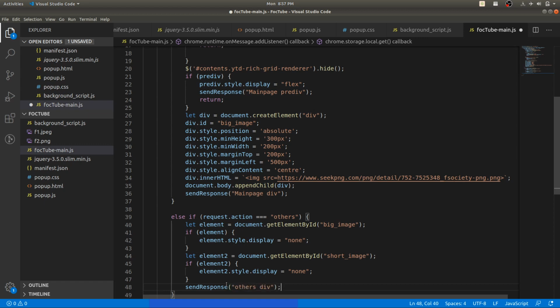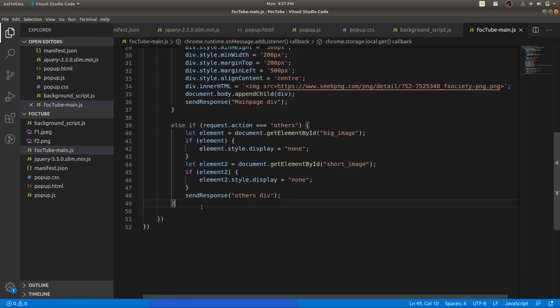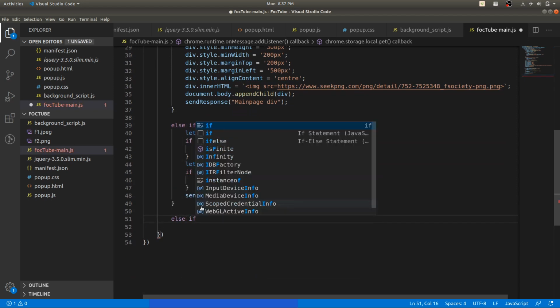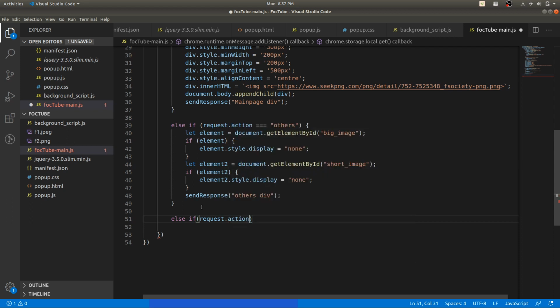Okay, so I think that's all for that, and we will send back the response that okay, others div has been executed. Now we will have the condition for a video page. So we can execute that part.